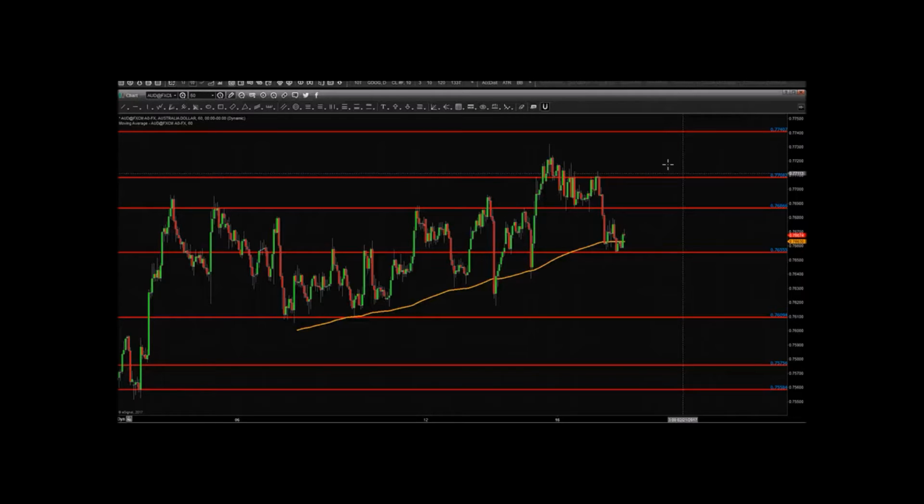You save the template, make backups of the template, because these lines do not change. They really don't. So we've got support at 0.7655. And maybe this is some type of ABC. As long as this area holds, we look for price to bounce north, maybe back up to